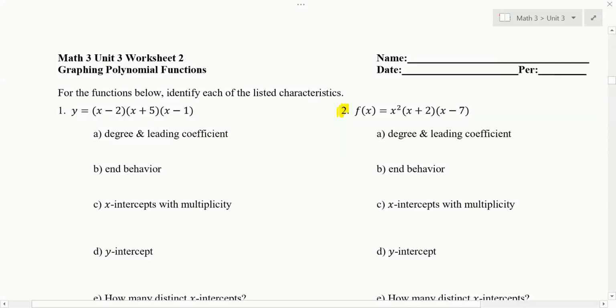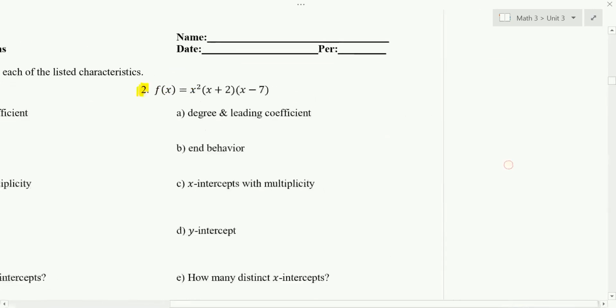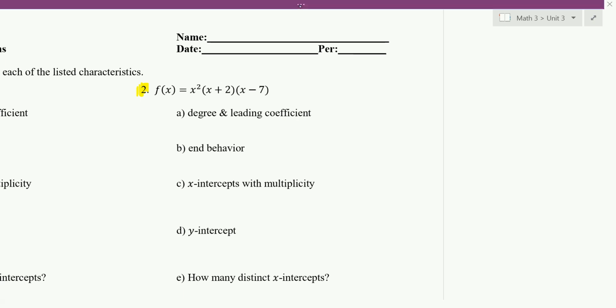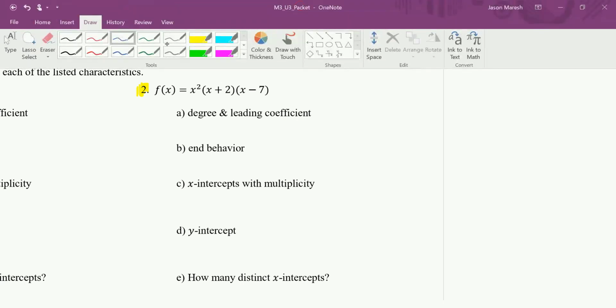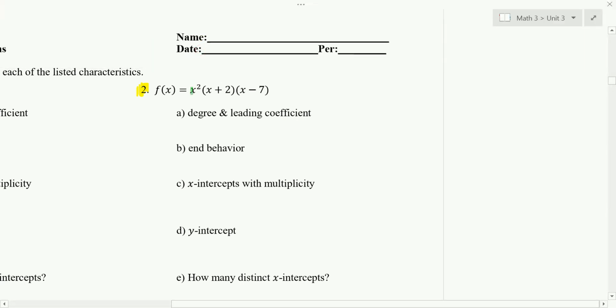We are going to take a look at a few problems from the Math 3 Unit 3 Worksheet 2. And I'm going to start with number 2. Part A, we're asked to find the degree and leading coefficient of f of x. And in doing so, this is not in standard form, and so we want to focus in